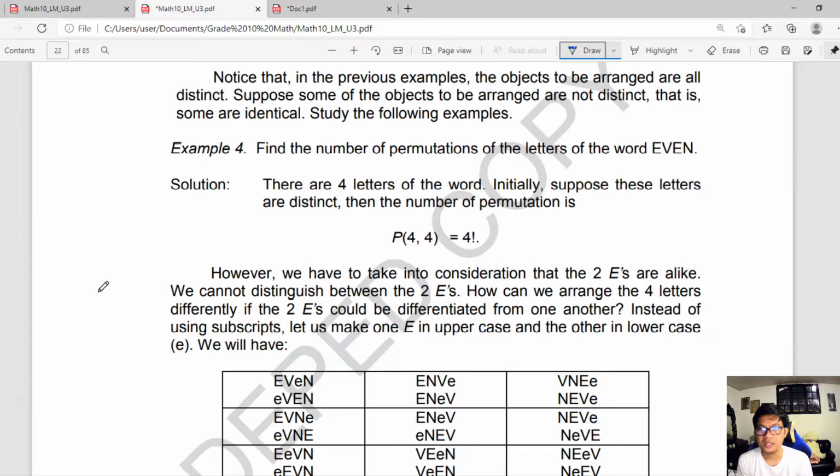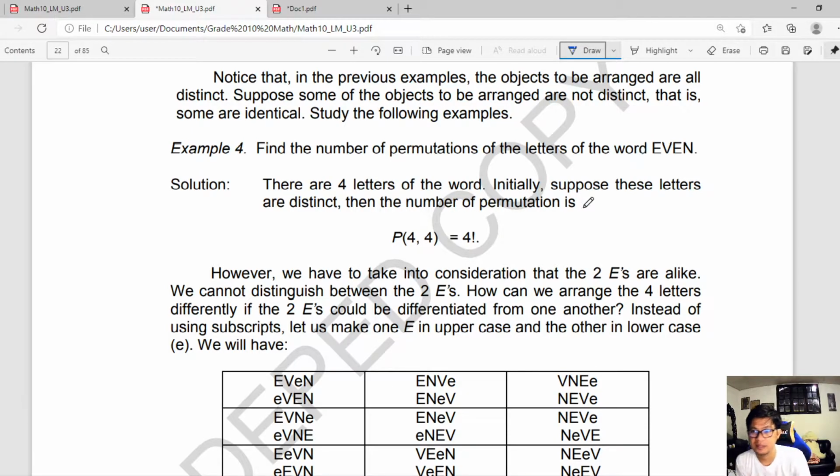Hello everyone! So sa video na ito, pag-uusapan natin ang distinguishable permutation and circular permutation. So hindi natin maiiwasan na may mga example na yung objects are identical. Notice that in the previous examples, the objects to be arranged are all distinct. So iba-iba. Suppose some of the objects to be arranged are not distinct. That is, some are identical. So, paano kung pareha? Take for instance, find the number of permutations of the letters of the word